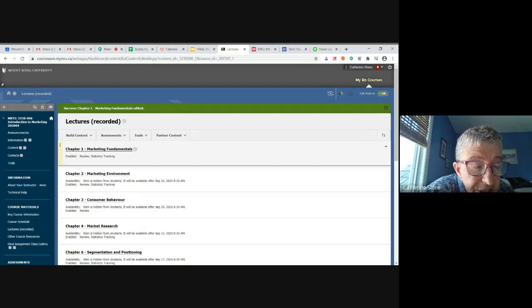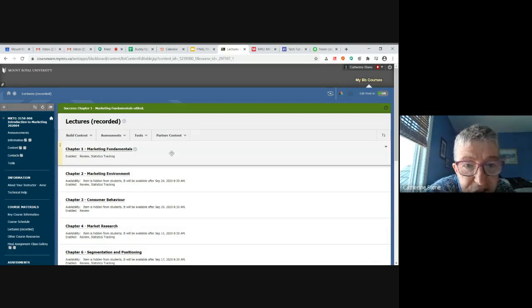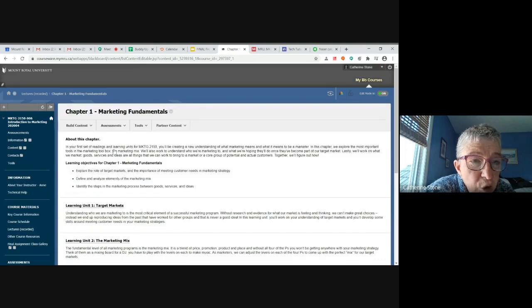All right? You're going to notice that they're in here under chapter 1, 2, 3, 4, 5. But in fact, look at this. If you look at the calendar, we actually go from chapter 1 to chapter 4. So that's why they look out of sync. They should be in a different order, but I think it just looks nicer this way. So if I see my little hand and click on that, it opens up.